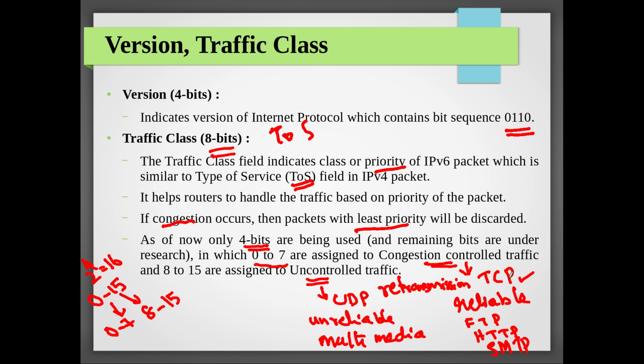Why is it giving more priority to TCP? Because if the router discards your packet, what will you do? You will retransmit again. So that will be a disturbance for the router, right? Again and again you will do retransmission. To avoid that overhead, whenever there is congestion and the router is forced to discard certain packets, it will always try not to discard a TCP packet. And if there is TCP and UDP, it will compromise with UDP. So that is our current scenario.